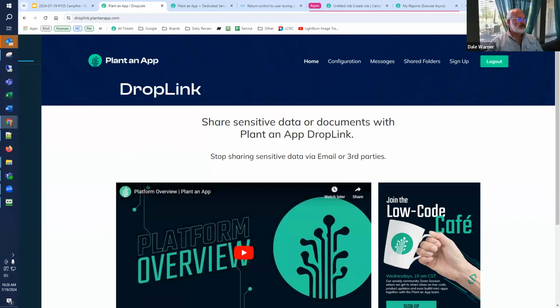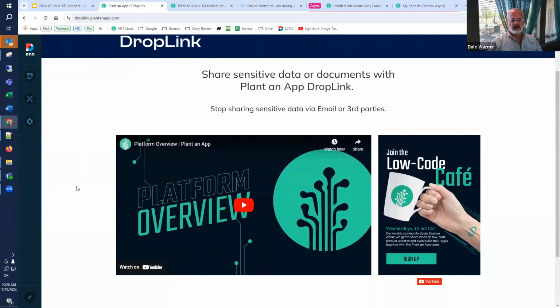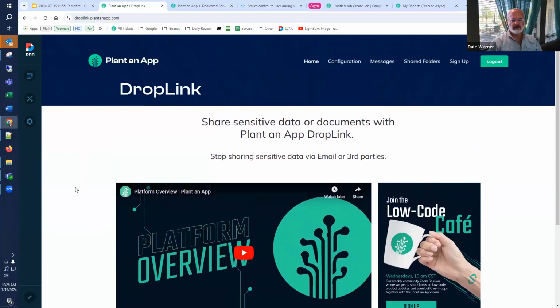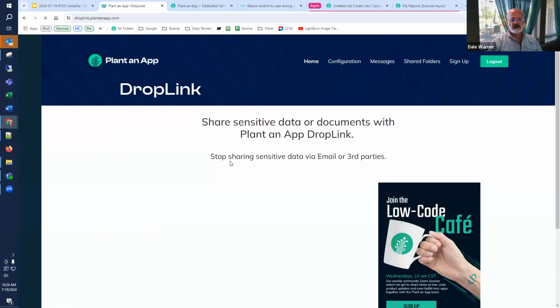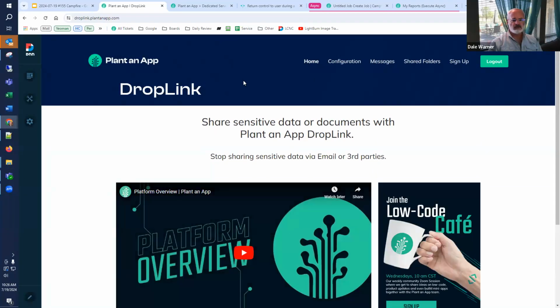So the DropLink system, which we've talked about many times ago, or at least at some point, is something that we published that lets us share information and have it automatically destroyed after a few days or a few views, things like that. The system is working just fine. It's ready to go, but it's a 1.26 system, and so this missing dependencies release is waiting to be installed for this one.